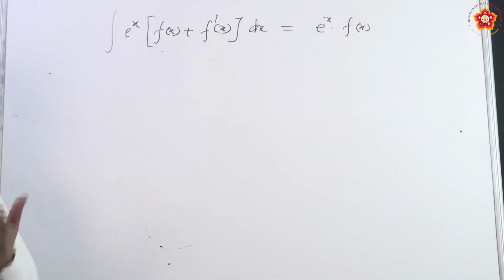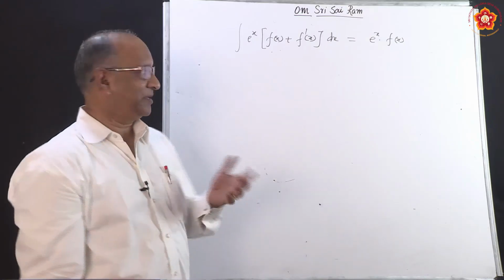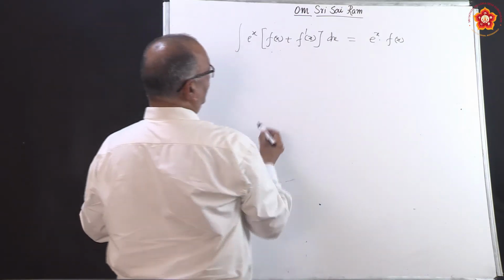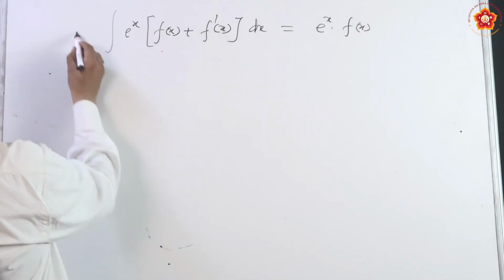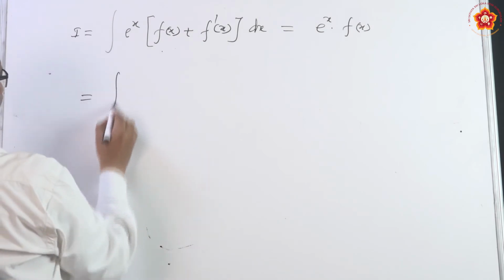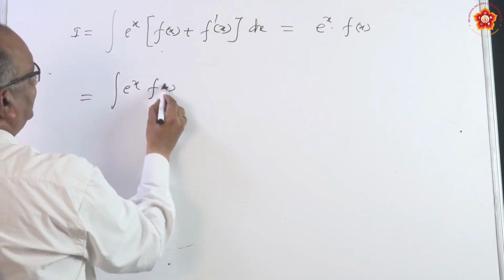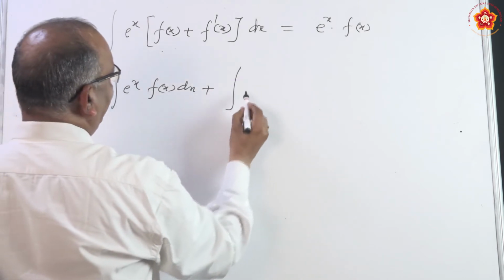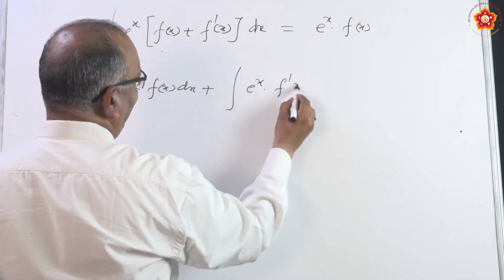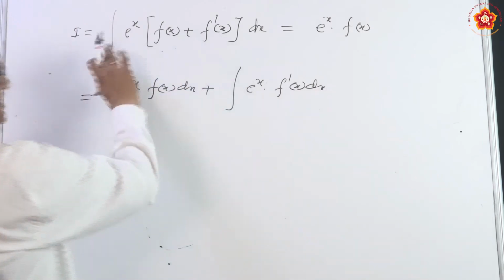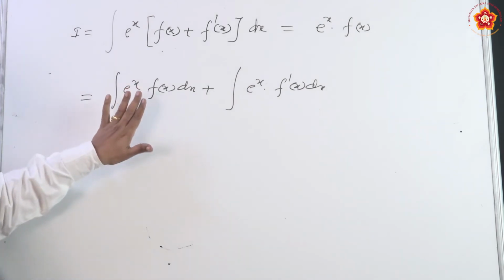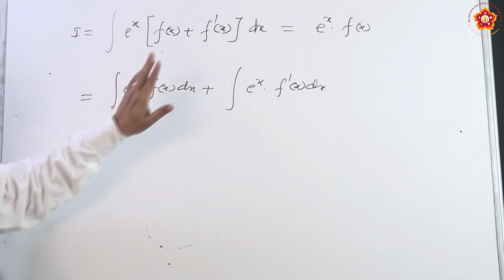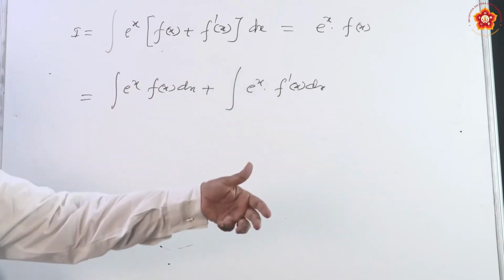Now the question is how? How can we write like this? We can derive it. The derivation is just 2 steps. Now let us say this is what we want to prove, that this is equal to that. Since it is a sum of 2 functions, I can be written as integral of e to the power x f x dx plus integral of e to the power x into f dash x dx. I just separated it into 2 integrals. I will simplify only the first one, and you will see that the second one gets eliminated on its own.